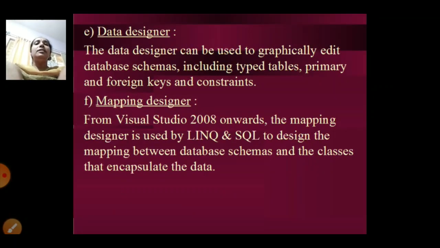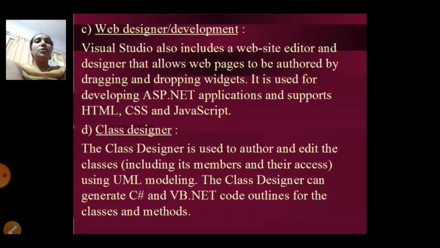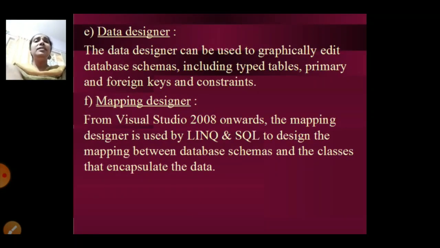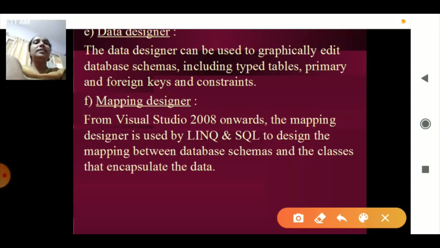Then another feature of Visual Studio is the data designer. With the data designer, I want to link to the database. Whatever design is on the form, I design it, but the main aspect is that I have to link from one table to another table, and then it has to be stored in the database.